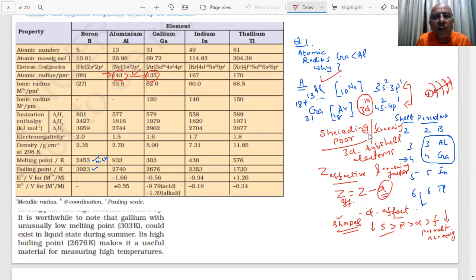Important question. A story is here, student. What happened? He will ask you a question on this: that the atomic radius of thallium is more than indium. What answer are you giving? Tell me fast. You have 30 seconds, students. What screening effect is operating here? F screening here. Only F, or both D and F? Both D and F. Okay, that was my point.